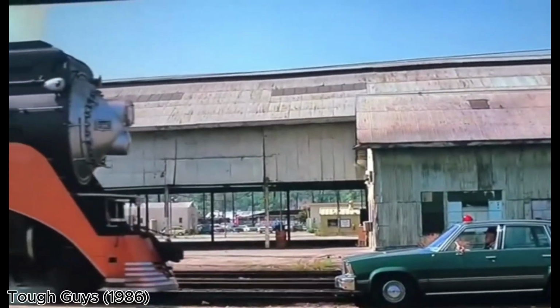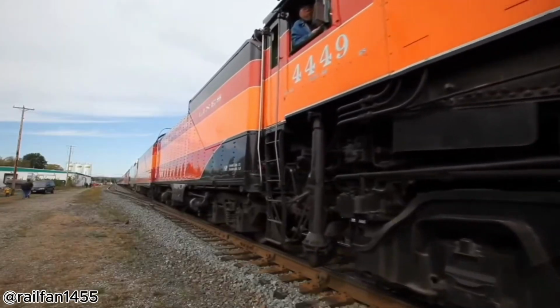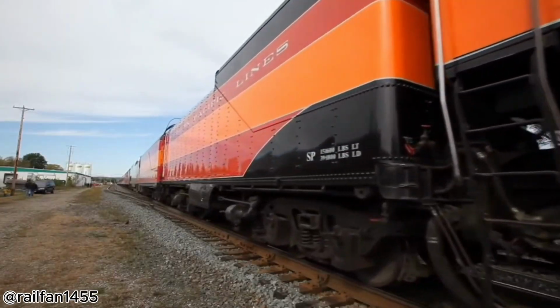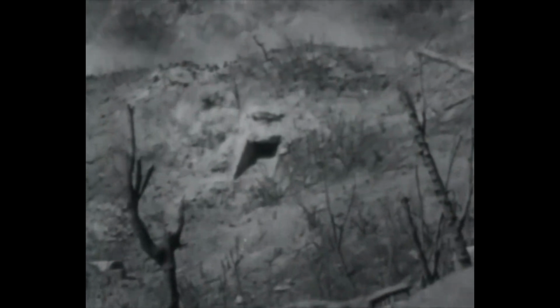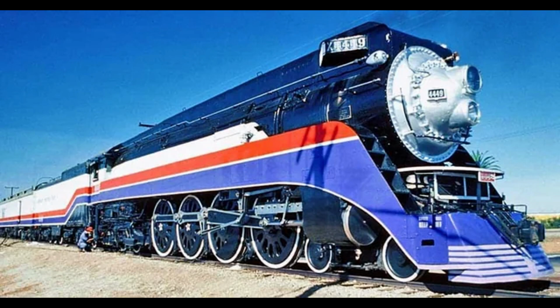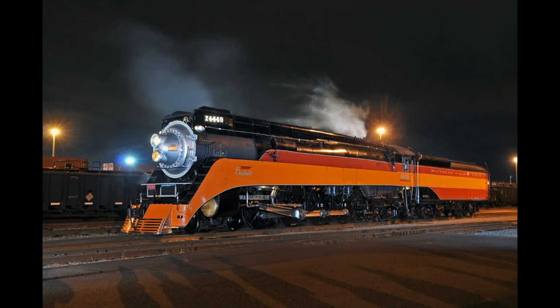Well, my friend, 4460 is a war baby. She was made during World War II and never received the daylight color scheme, and she's called the Forgotten Daylight because of that. Now, Southern Pacific 4460 was built during World War II, specifically in 1943, which meant she did not receive the side skirts and also did not receive the paint which you see on now SP